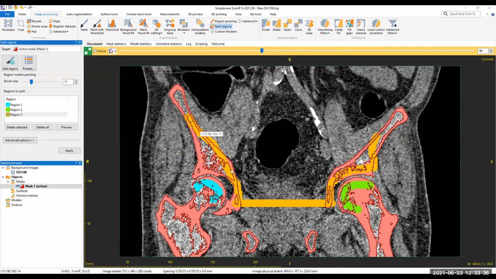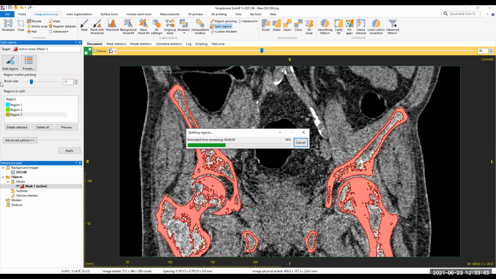So once I have identified the regions that I want to split, I simply click on apply. The splitting is being done using an algorithm called mask distance transform, which tries to identify the least distance between the regions that I have identified.